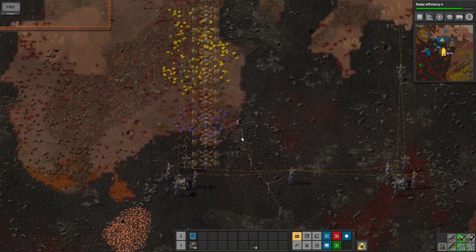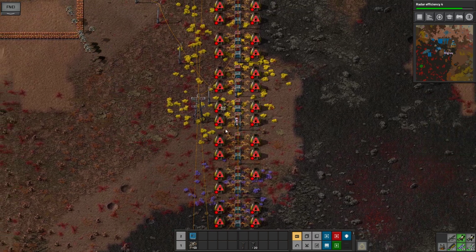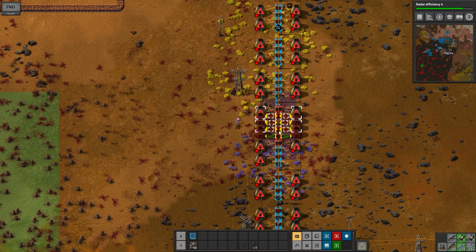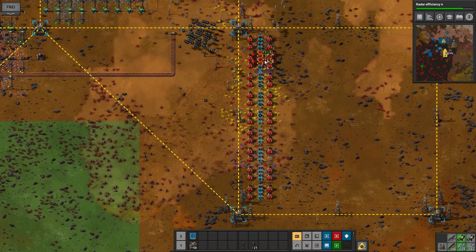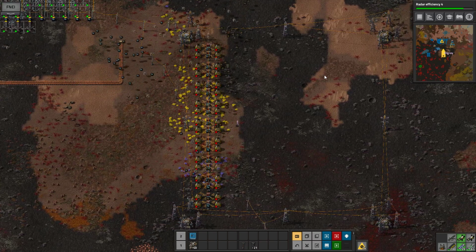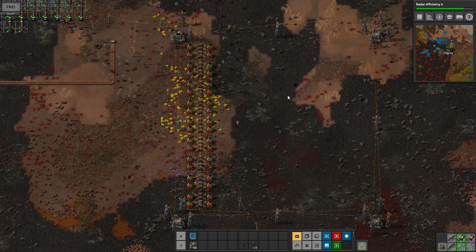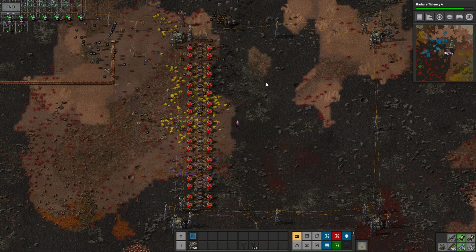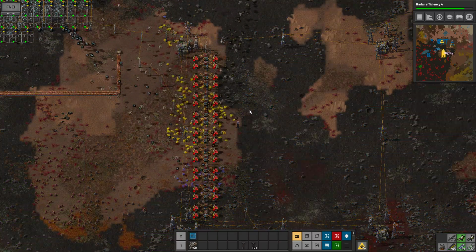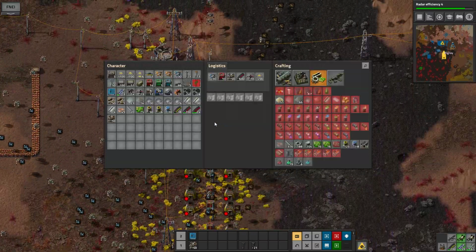Remove the power poles just for a little while. Do the same up top. There we go. That should power all of them. And that should give us a lot more iron production. Let's just make sure everything is working as it should. It's not, because we need